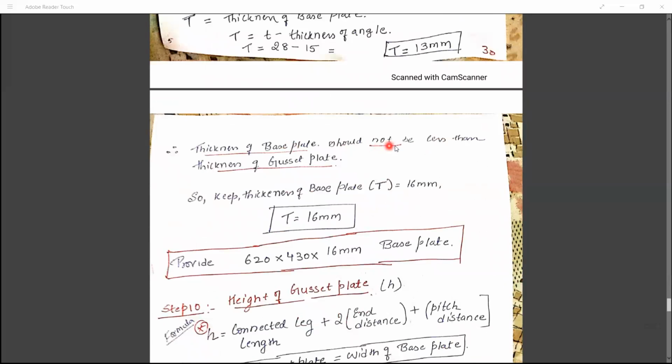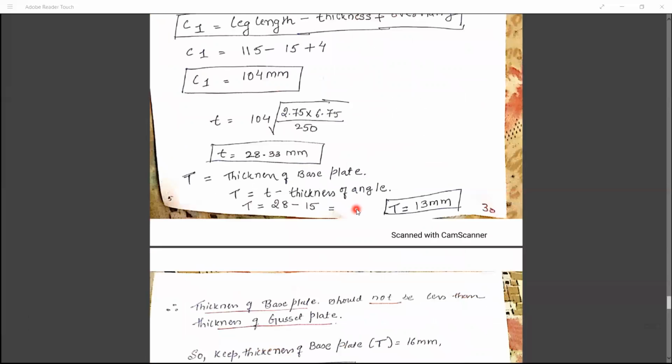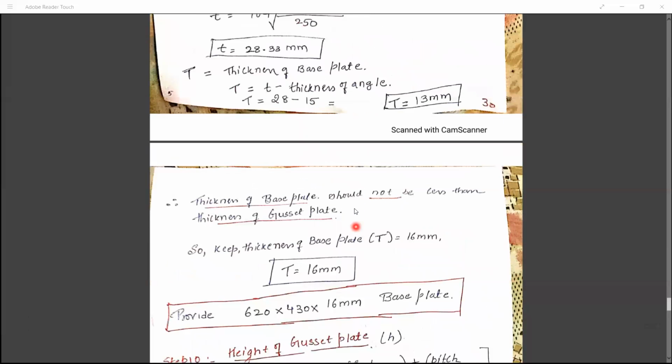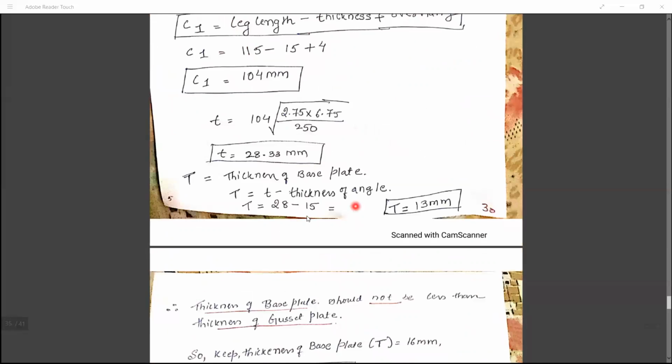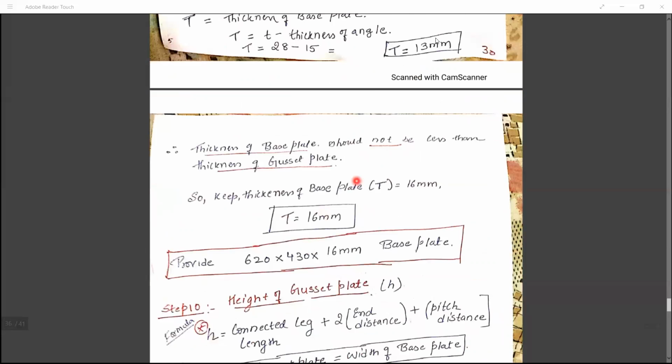The thickness of the base plate should not be less than the gusset plate. See, here we are getting 13 mm now, but 16 mm is acting more. When you have a less plate thickness and a more plate thickness, the connection of bolting will become very problematic. So for that purpose, we are providing the thickness equal everywhere. If you calculate this part, it carries around weightage marks, but if you get 20 mm, then there is no issue. If you are getting higher values, more than 16 mm, then there is no issue.